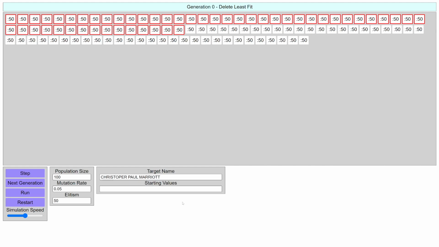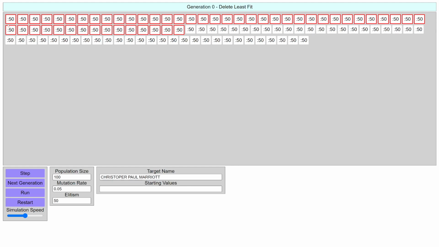And what I've got set up right now is our initial setup. This would be generation 0, where we have our initial set of 100 strings here. These strings are all empty strings, so you can't actually see them right now. The string is going to be written, then a colon, and then its fitness. So right now we have a bunch of strings that have no characters in them at all, and